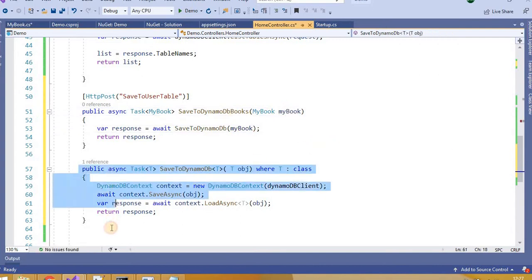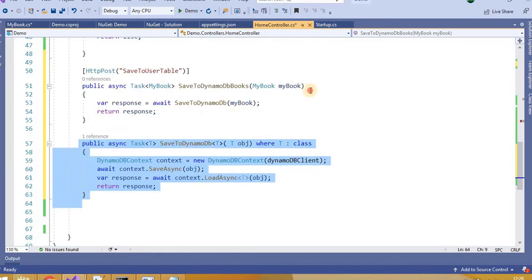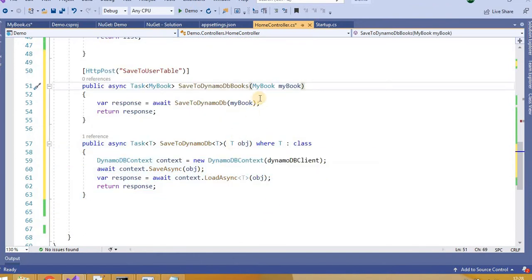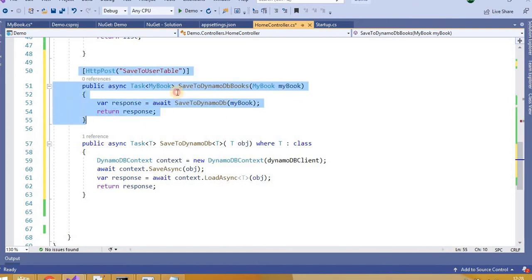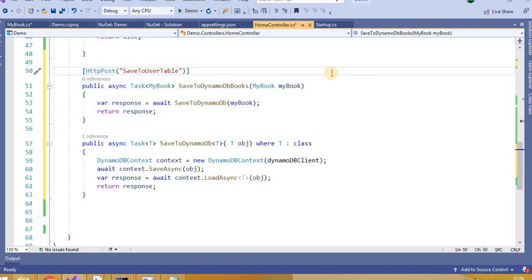So this is the common method here, right? If any class object is coming here, it may be MyBook, it may be user table, it may be product catalog. So we need to define this according to that. Like I will say here, save to MyBook table.